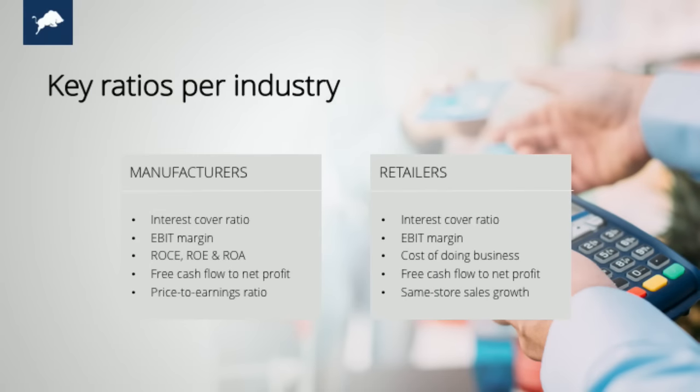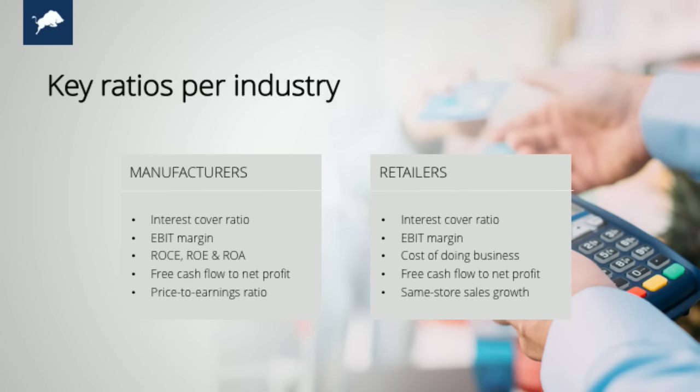Saying that, once we have a good idea of that and we like the look of things, we will then put the numbers through typically some pretty standard valuation metrics. One of those being, of course, a discounted cash flow methodology. That is what 9 times out of 10 we will use. On this next slide here, there are some key ratios per industry that we do look at. And as I said, it's not a one-size-fits-all type of equation. With manufacturers, we look at different things. With retailers, we look at different things.